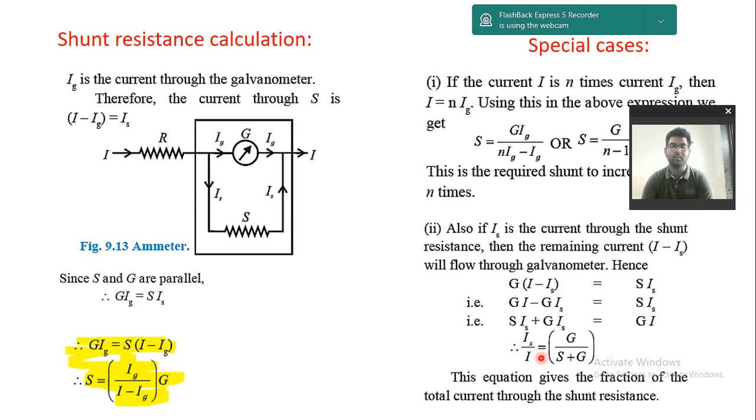Okay, so this was my galvanometer. I hope there is no confusion, and at the end of the lecture I will give you one video of the numericals on Wheatstone bridge, galvanometer and potentiometer, so don't worry about that. But this is the gist, the basic, and this is important: G into Ig equals S into I minus Ig. Only you remember this, and every numerical will be done on its own.